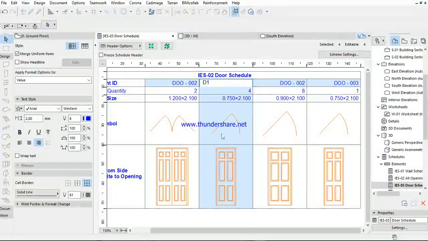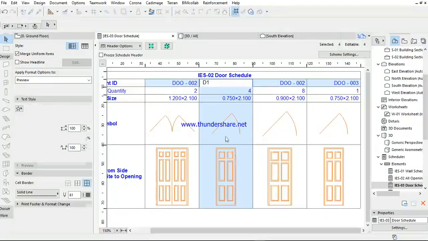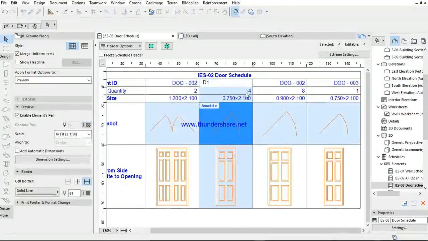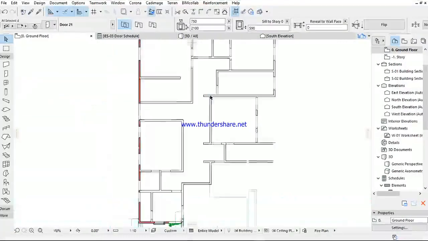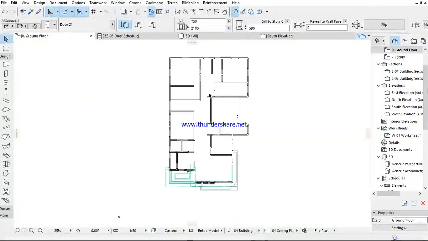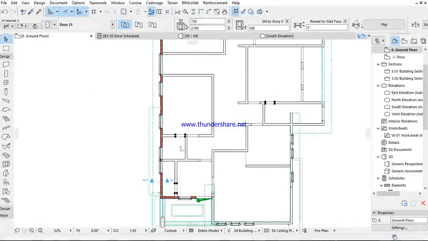Now, whatever door is under this, like the quantity is 4, any door that is under these 4 quantities will be changed to D2. Now, if I open it on 2B, it will still show you those doors that are on D2. These are the doors, but